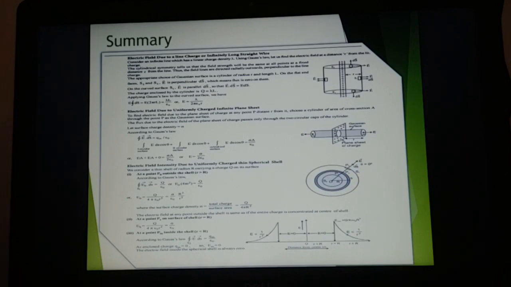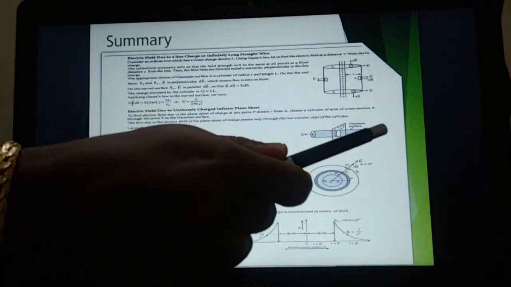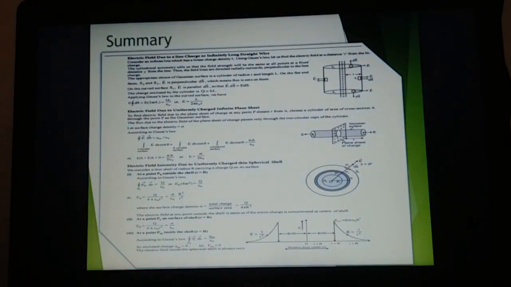Second case is a thin shell. We are having an infinitely thin shell, and the Gaussian surface that you have chosen is also a cylinder. But the way you have chosen the cylinder, you have to remember always, and which surface area we are considering in both the cases, first and second cases. Since in both the cases we are considering the Gaussian surface in the form of a cylinder, but the area which is counted for calculating the flux is different in both the cases, that you separately remember. In the first case, it's a curved surface area. In the second case, it's only two flat surfaces.